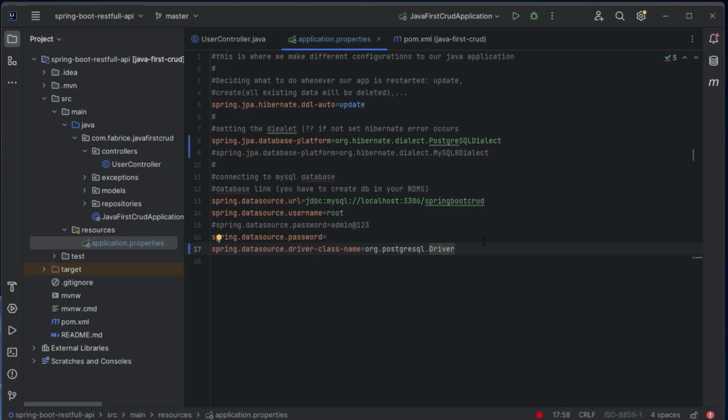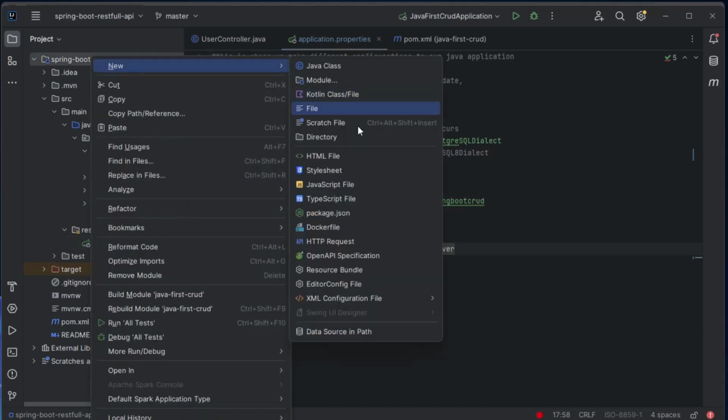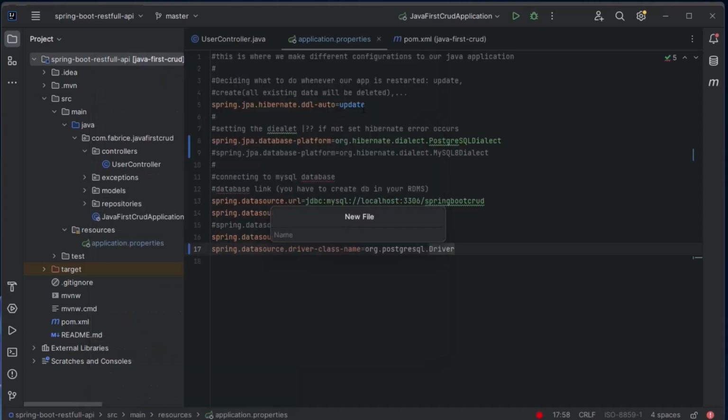For best practices, I am going to create a .env file so that I can store all those values inside that file. Here on my project root folder, I will right click and choose new, and then choose file, and the file name must be .env, and hit enter.